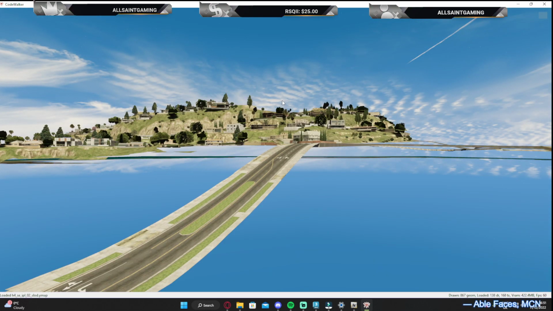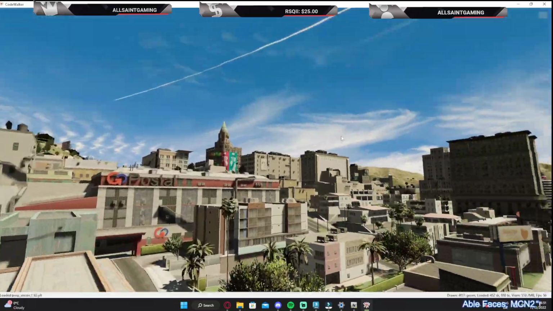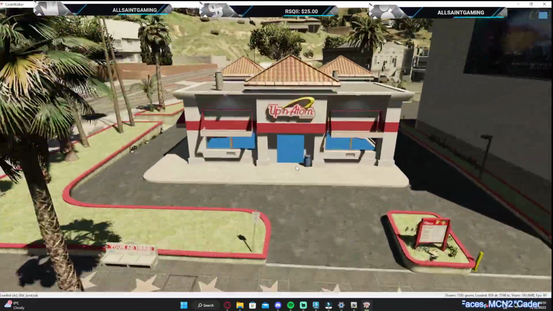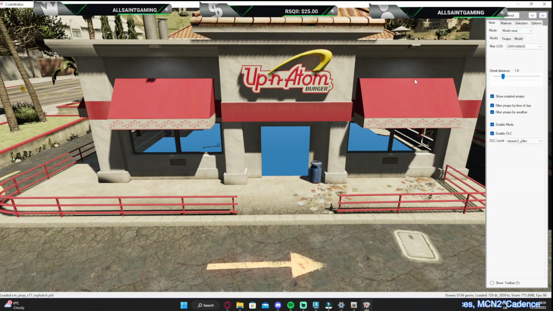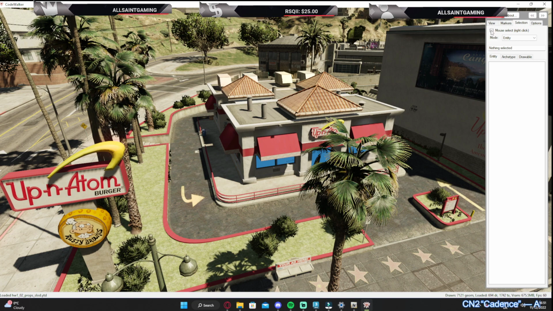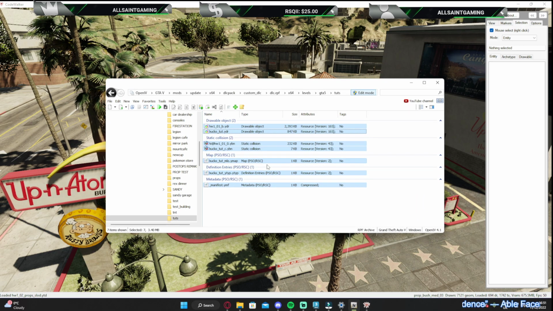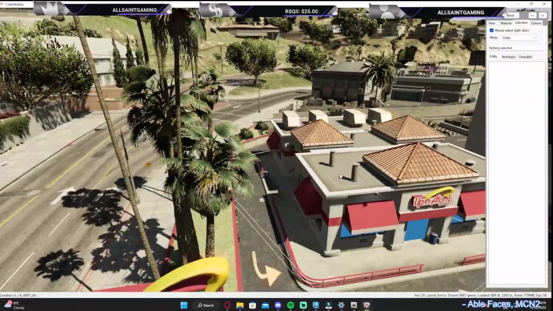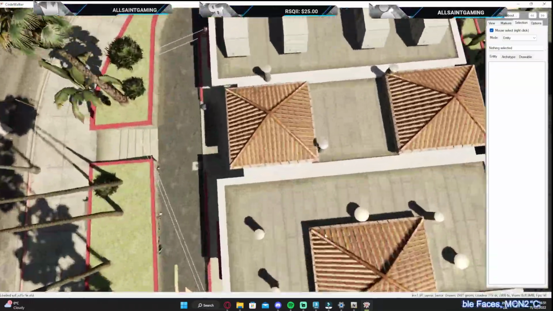Right, so find your edited building, which mine's here. The best way to do it, if you use the files in my Discord, like the YTYP, YMap and manifest, is that when you load your building in, it will be over in Pleader Bay. So the best way to do that